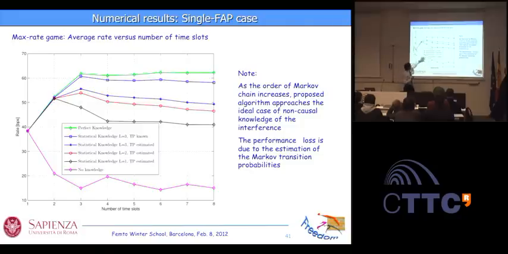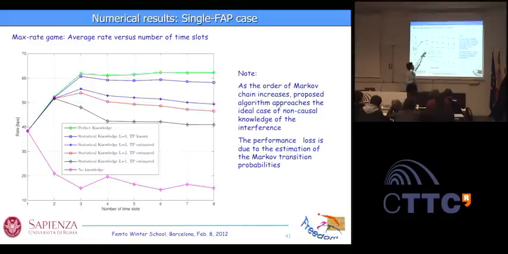So this is the case where we have no knowledge about the future. It's like we measure something here, and we assume that the future will be exactly the same as the present. This is what gives this curve here. The simplest case, I estimate something on this time slot, and I assume that on the next time slot,